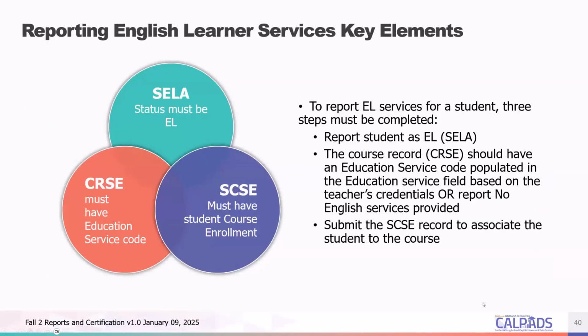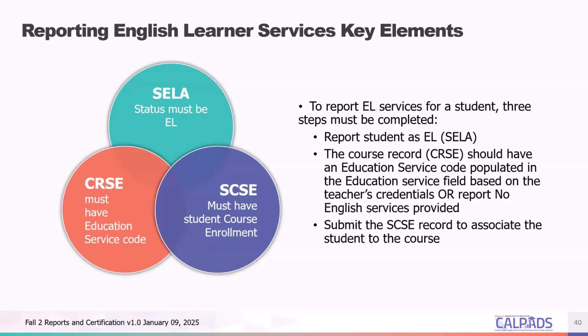Your English Learner Services comes from the course data. And so when you're reporting English Learner Services, that's going to come through the course record, right? So the first thing you want to consider is, is the student even an English learner? Not an IFEP, not an RFEP, their status must be EL on census day. Then they're available to receive services. Those services will be shown in the course record. So if they have multiple courses, at least one course record has to be shown providing services. And there are different education service codes for different types of services provided.